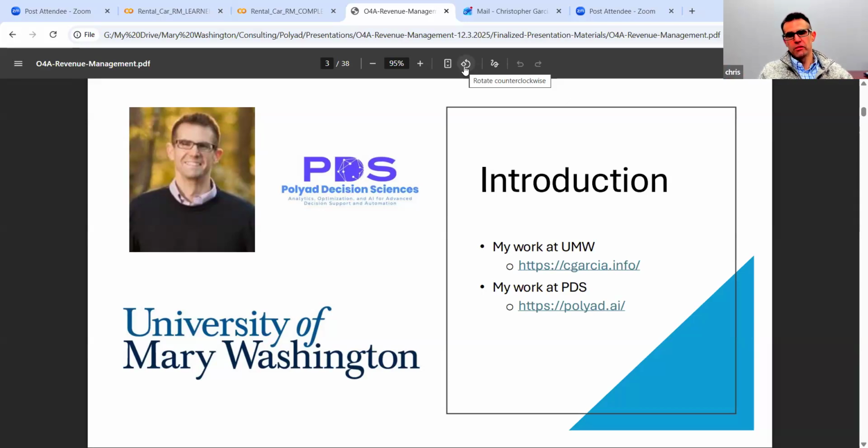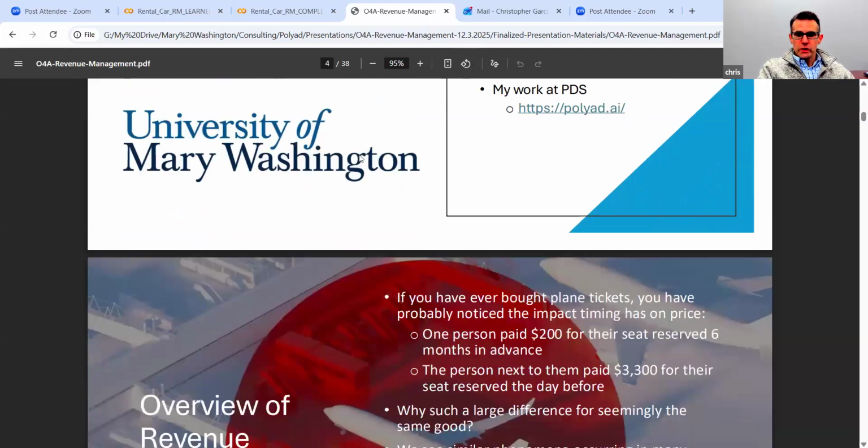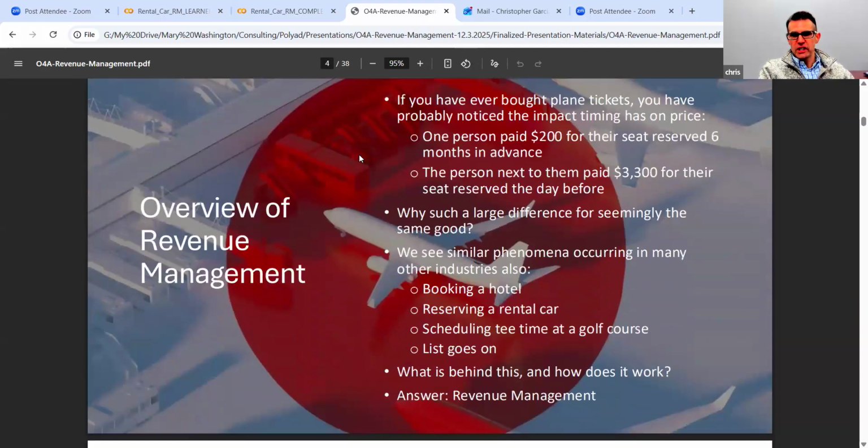They tend to be pretty interrelated in terms of the kinds of work that I do in both contexts. But that gives me a little bit of background, and I've seen optimization from a lot of different perspectives here. And so I'm excited to be able to share today a little bit about revenue management. So as we get into this topic of revenue management,